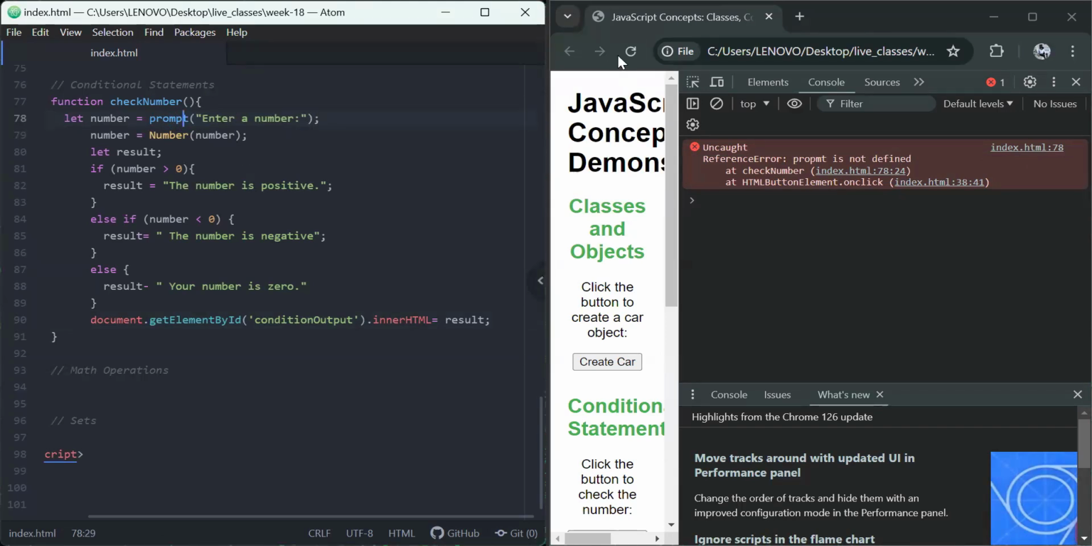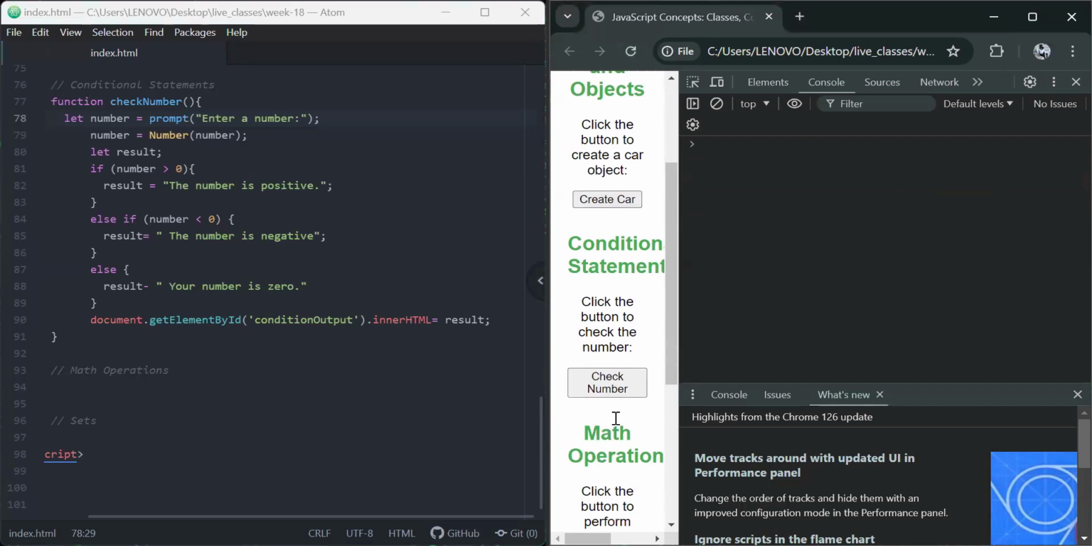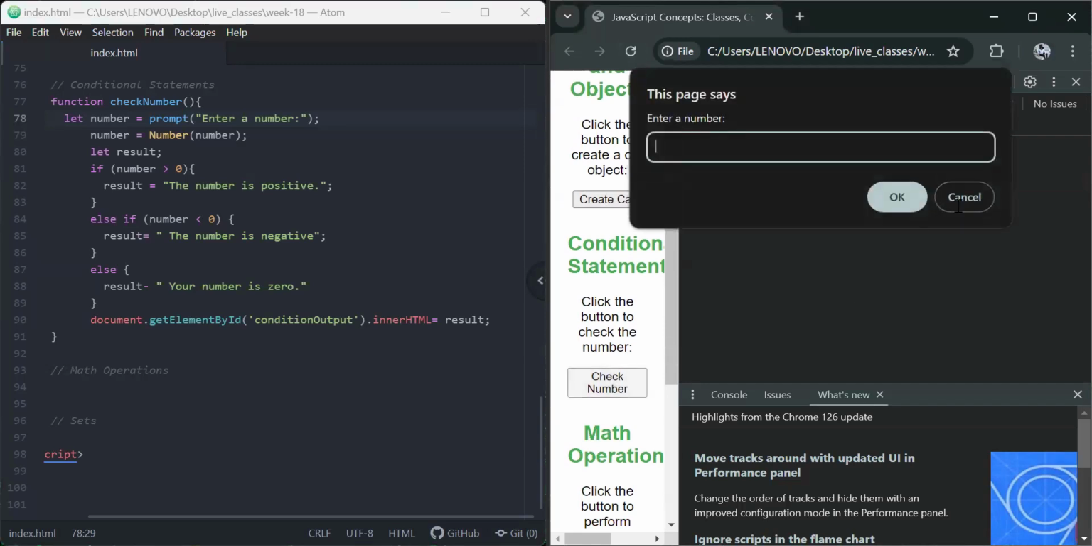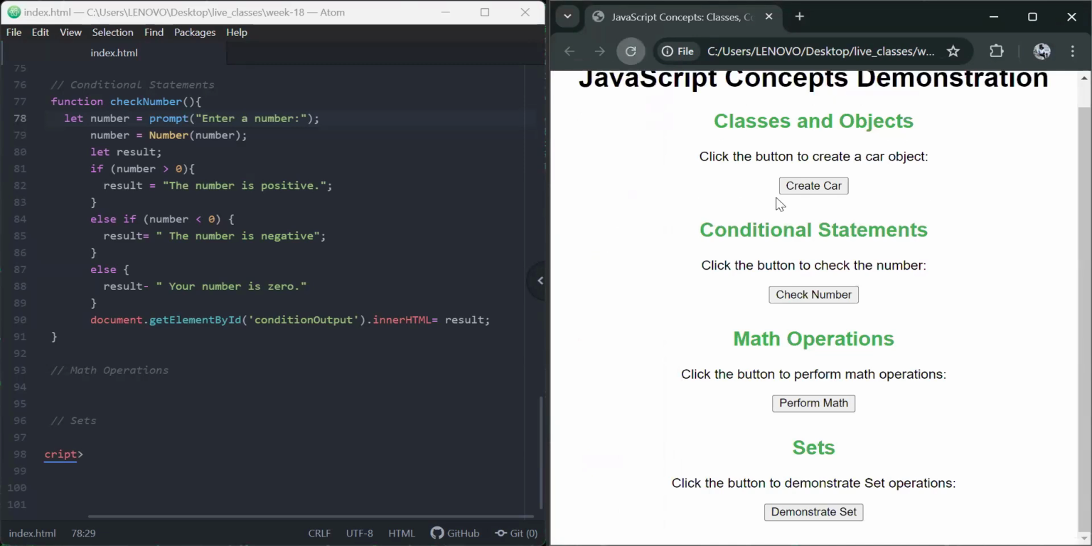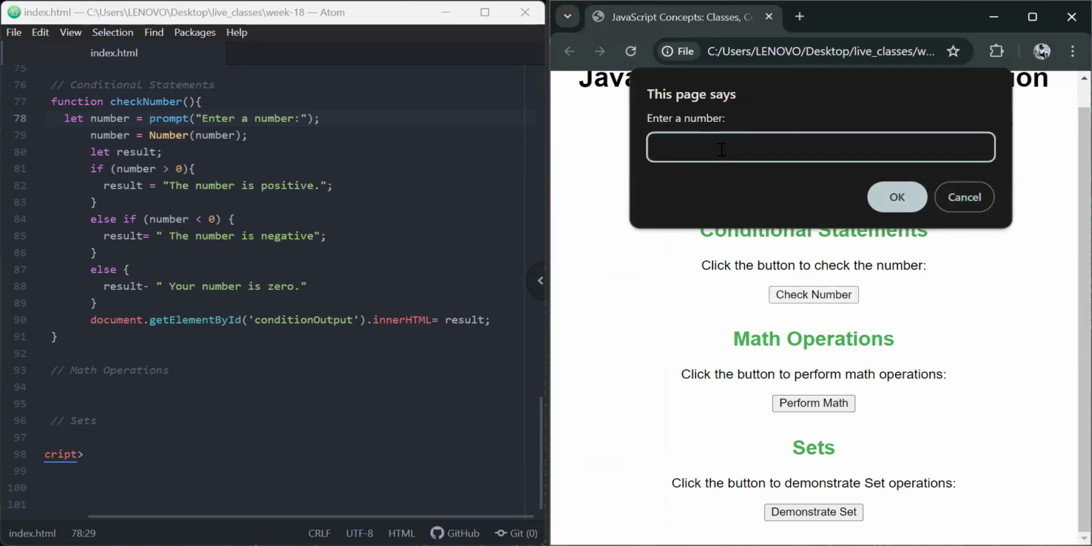Save this and refresh the page. Now check number. All right, so I'll cancel this and make sure it displays properly. When I refresh the page and click the button to check number, it prompts me to enter a number. So let's try with 0. Now it's going to check with the conditions we've given here, and let's see the result that will be printed out. So if I click OK,